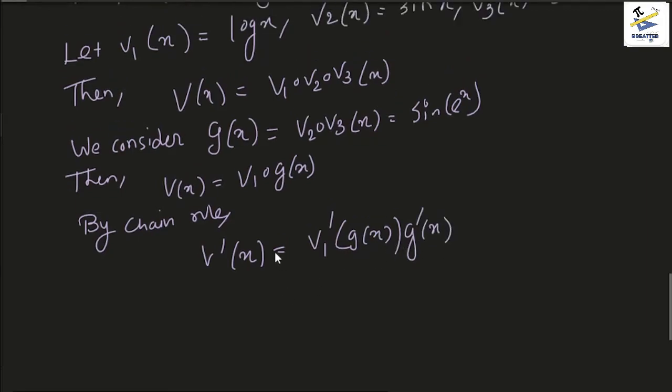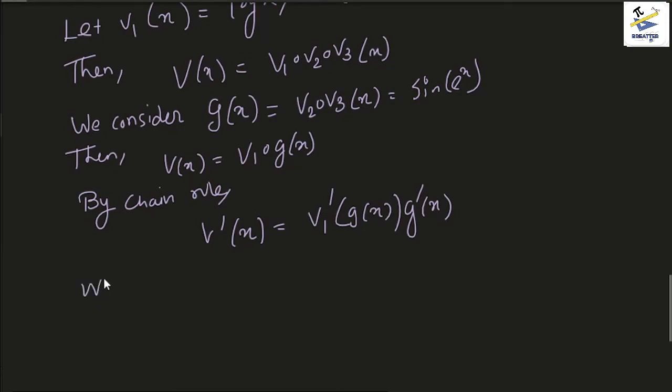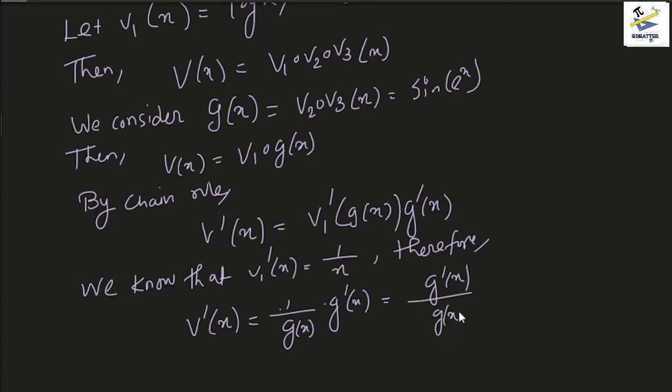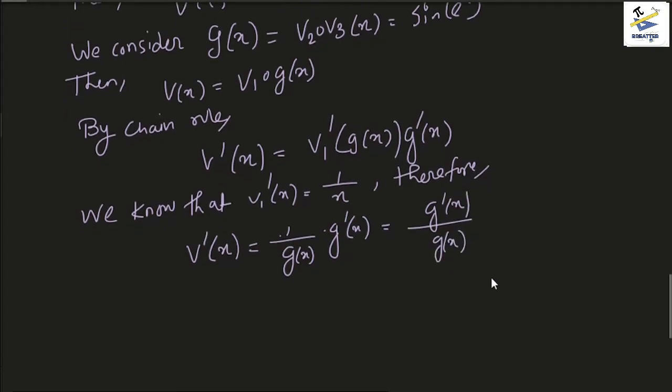Now what is v1 prime x? We know, since v1 of x is log x, then we know that v1 prime of x is just equals to 1 by x. Therefore v prime of x would just be equal to 1 by gx into g prime x, or in other words g prime x by gx. Okay, now to find g prime x,